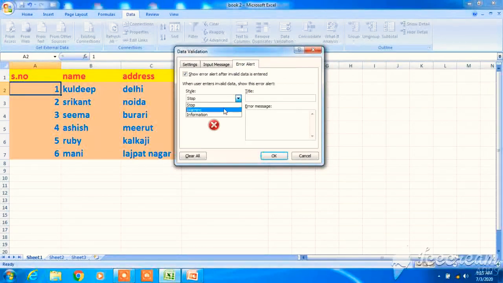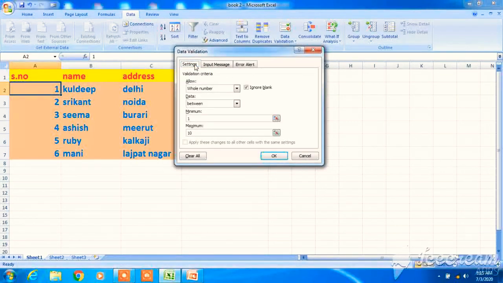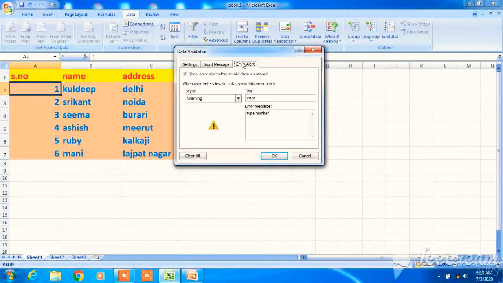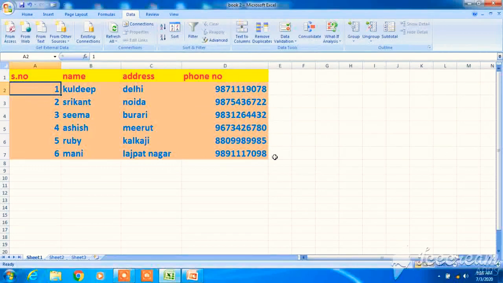It will show warning sign like this, and title and the error message should be type number. This message should get displayed. Okay, fine till this. What we have done, we have selected setting, and here we have put the validation that whole number should be allowed, right? We have given all the information and error message, if there is in case any error, so what error message should get displayed? Type number. Okay, click on OK. Fine.